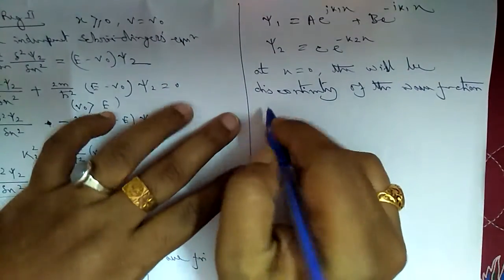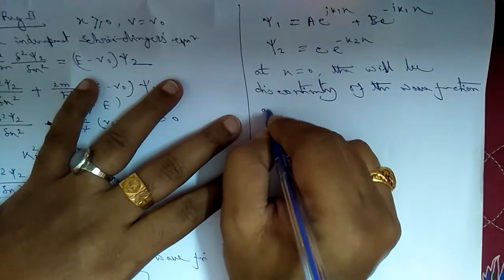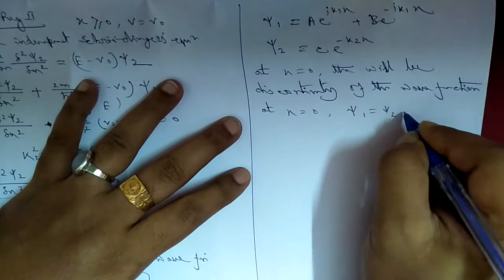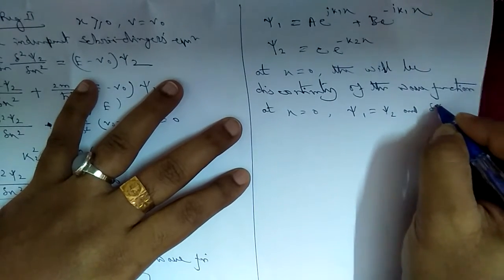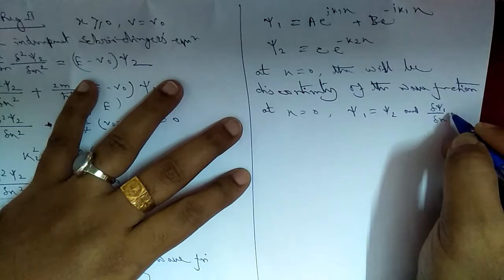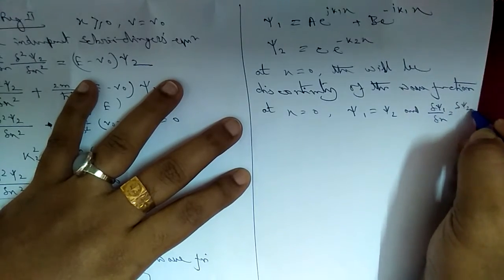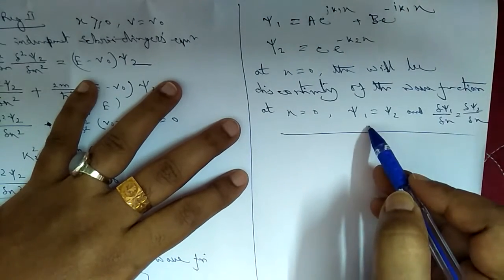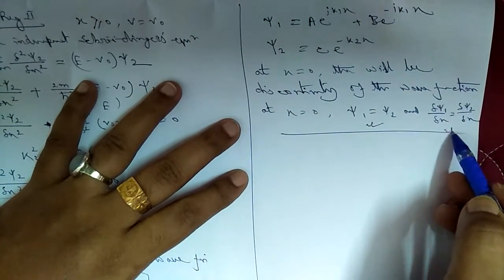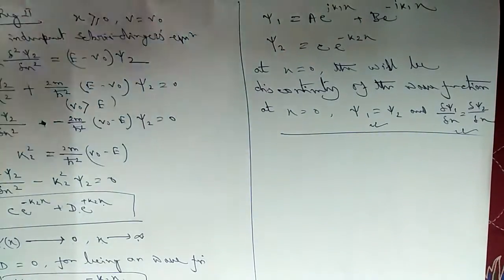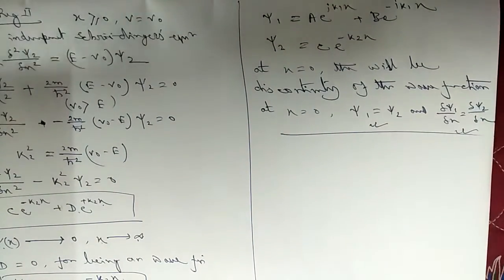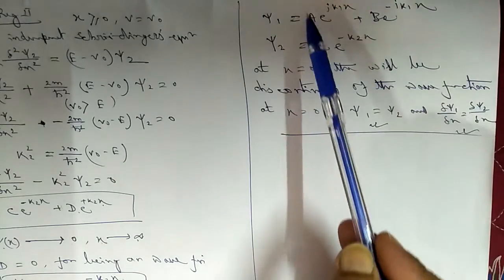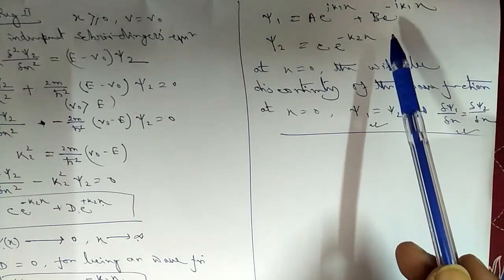Okay, so if you are having discontinuity of the wave function, you can write at x equals to 0, psi 1 equals to psi 2, and del psi 1 del x will be equal to del psi 2 del x at x equals to 0 only. So how many equations you are having? Here one equation, here 2, equation 2. So equation 1 and equation 2, these 2 equations will not be able to solve the values of these 3 constants. So what to do?